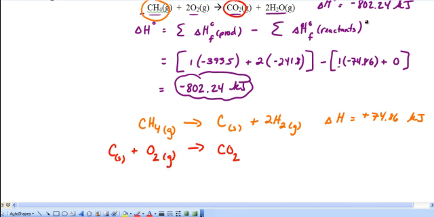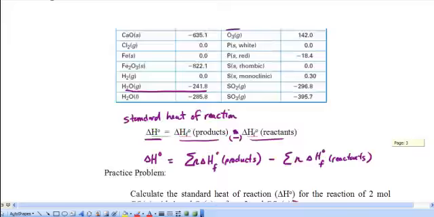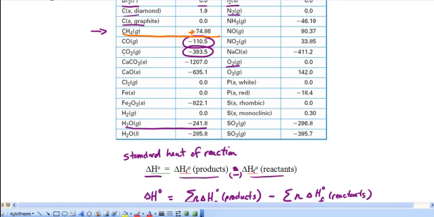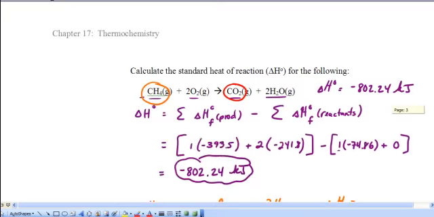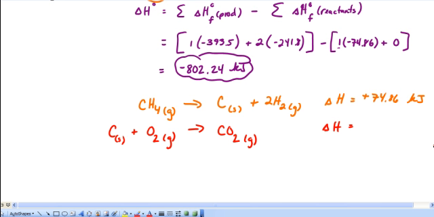It's balanced just as it is, and now we're forming carbon dioxide gas, and the delta H for that reaction, and again we'll consult our table, the formation of CO2 gas is still a negative 393.5. And since we're writing it in the forward reaction, we're going to leave it just as it is. So we have a negative 393.5